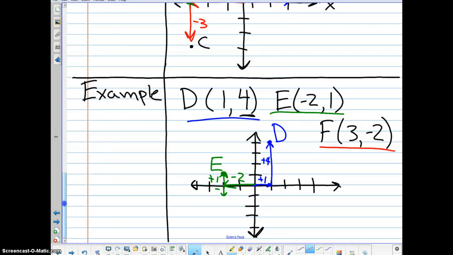And then finally, for our point F, since this is a positive and this is a negative, we know it's going to be in quadrant 4. Okay, so we have 1, 2, 3. That's a +3 in the x direction, and then a -2 in the y direction. So we're going to put a dot right there, and that is going to be our point F on our